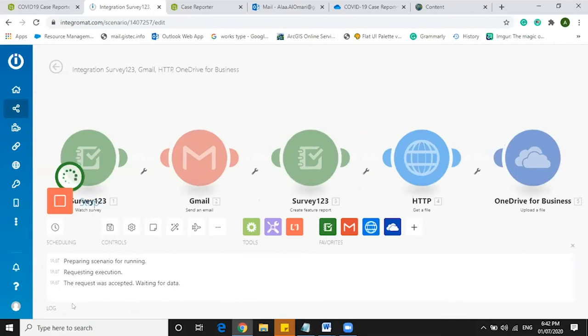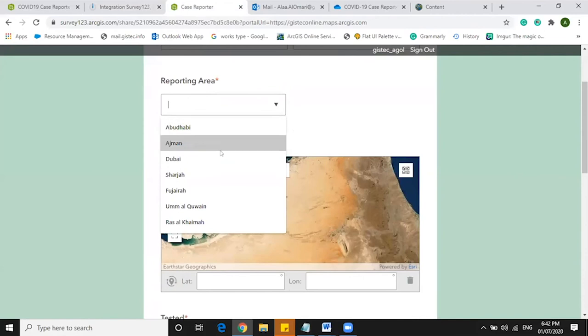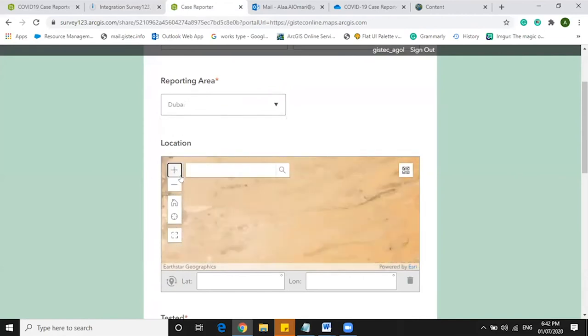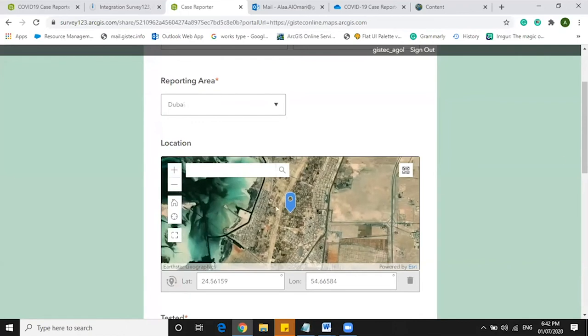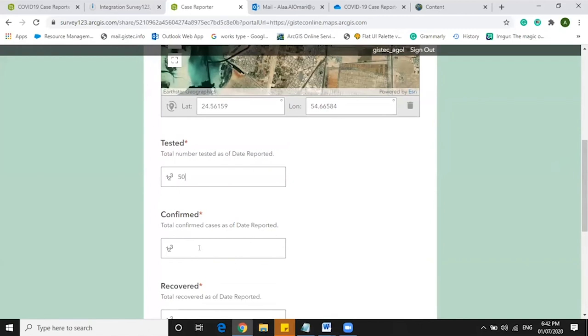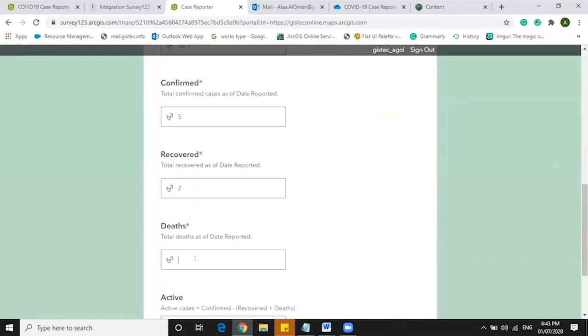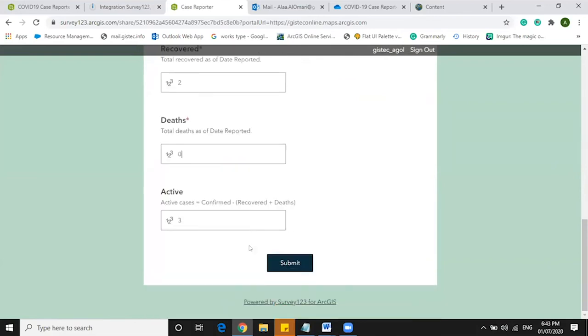And now I will submit one of the survey responses. For the date reported, I will keep it with the date of today and the time for now. For the reporting area, I will choose Dubai. For the location, I can zoom in to select the location where I want to take the location for the point. And then for the total number tested as of the date reported, 15. And the total confirmed cases as of today is 5. The recovered is 2. And the death, we don't have deaths today. And for the active cases, it will be automatically calculated, the confirmed minus recovered plus death. Then I will hit the submit,